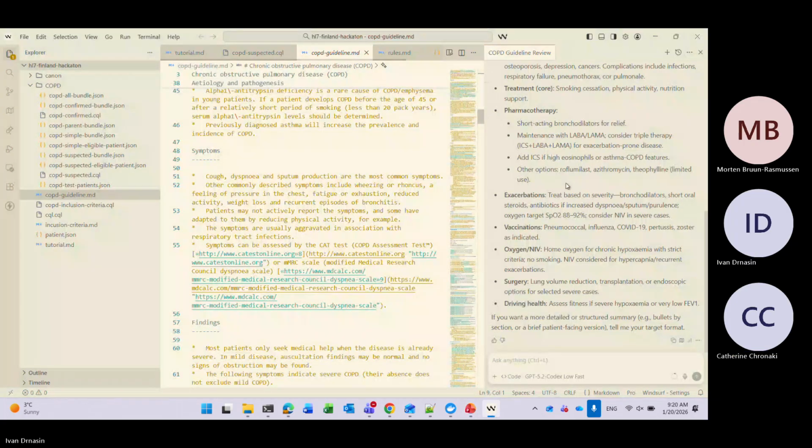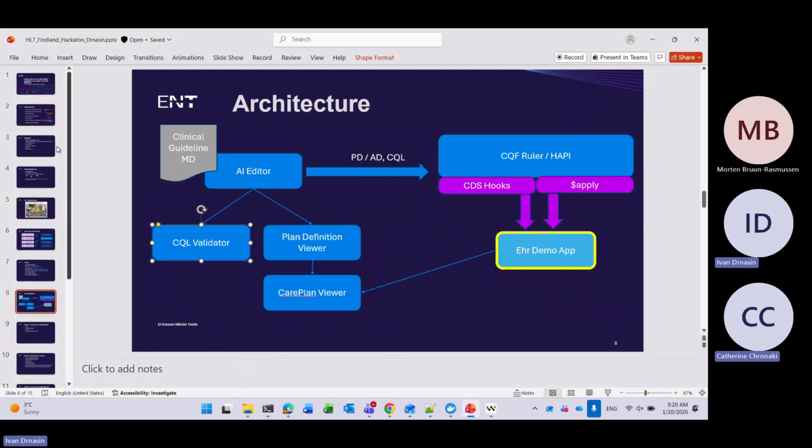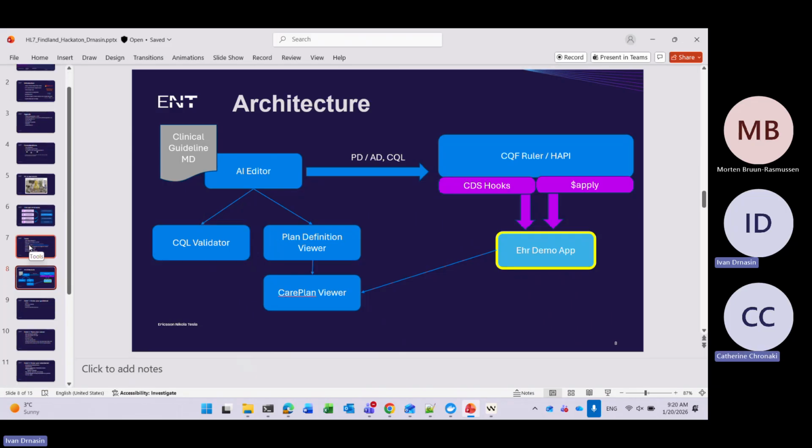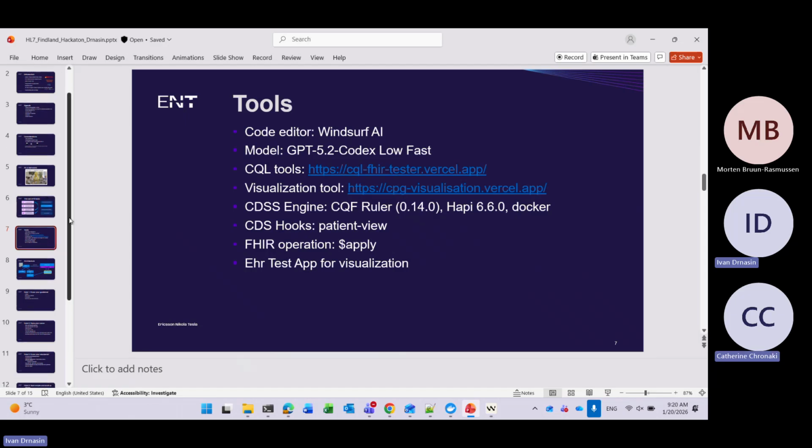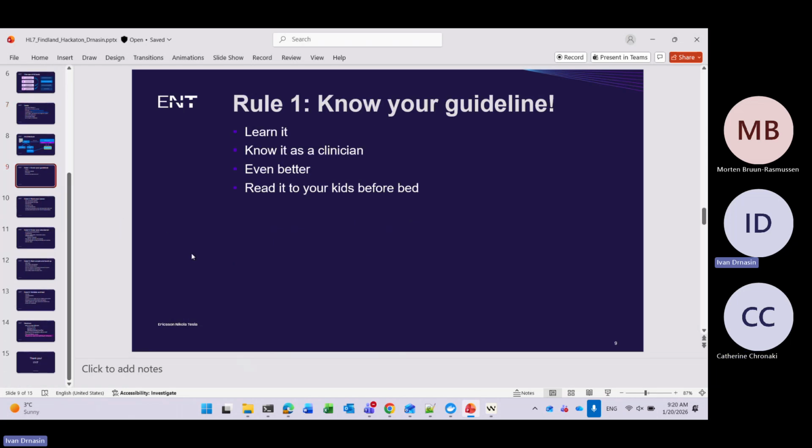So I think that in my last session, okay, there are some important rules I would like to go through. We will return to this architecture a little bit later. I'm trying to simplify everything and get to the point that you can ask what is most important for us, for the business case. I'll just go through these rules that I learned while I was doing this. So it's important for a human to really know the guideline.